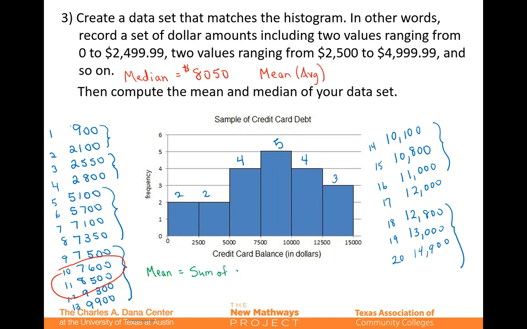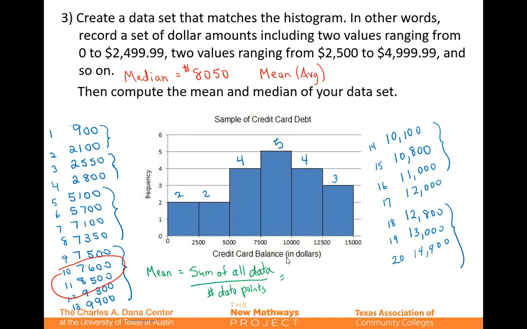So it's the sum of all the data. If I add up all of these points divided by the number of data points. In this case, let's just start: 900 plus 2100 plus 2550 plus 2800 plus 5100 plus 5700 plus 7100 plus 7350 plus 7500 plus 7600,